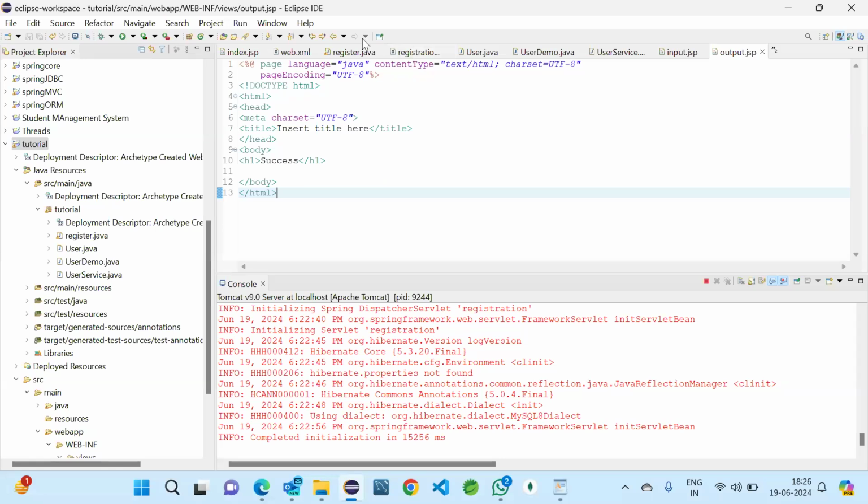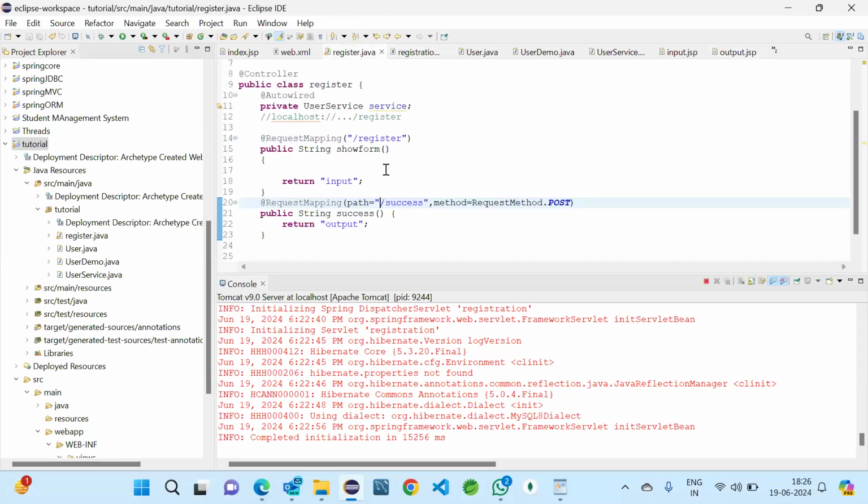So before that in the register we do one thing. For your knowledge only, like passing parameters from register, whether it is possible for us or not. So for that we have the add attribute thing.